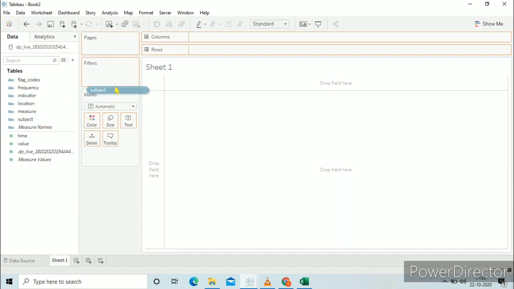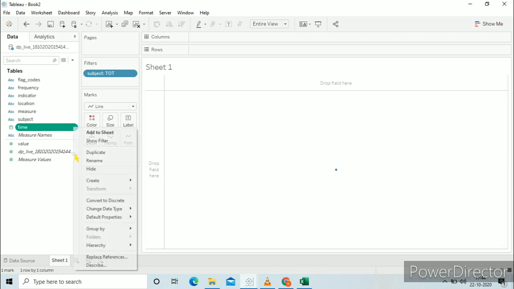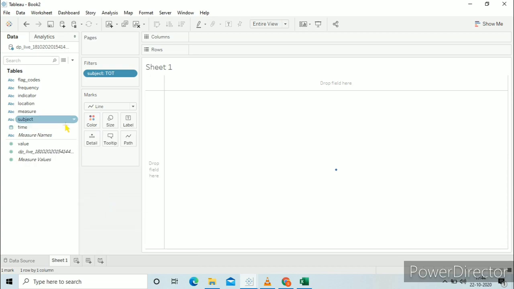So first thing we will do is take the subject to the filters and select the total, as we have to handle the total value of healthcare spendings. Then we'll convert the time to date and then convert it to discrete.